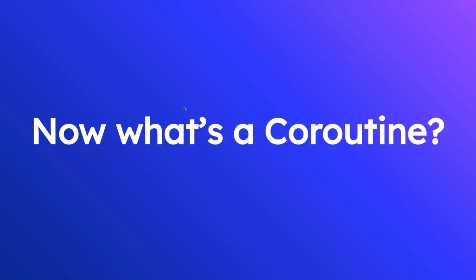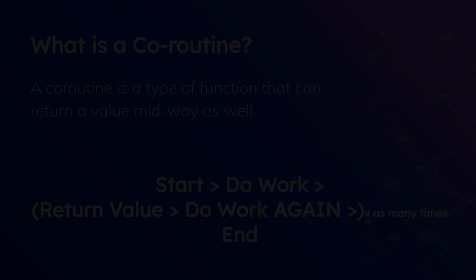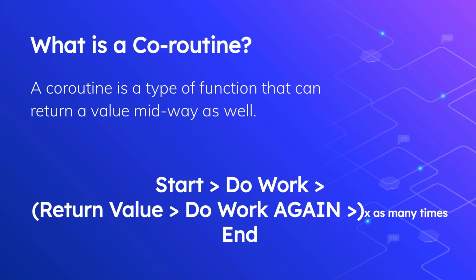Now let's move on to coroutines. Now what is a coroutine? So as we saw, functions do a task and then return a value. Now they cannot return a value while doing the task. So now what if I want to delay the execution of my code? If I try delaying it in the main update thread, that would make our game slow and unresponsive. So I need a function that does some work, then continues on the normal thread, and then comes back and starts doing the work again. This is exactly what coroutines do.